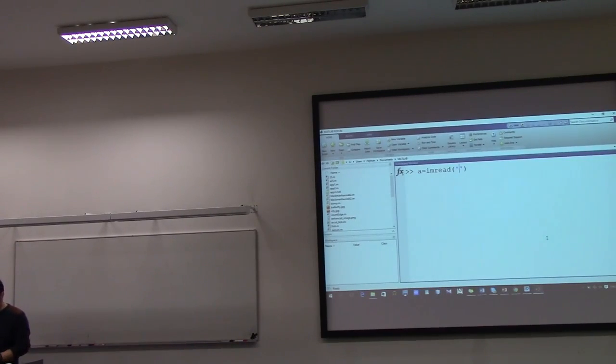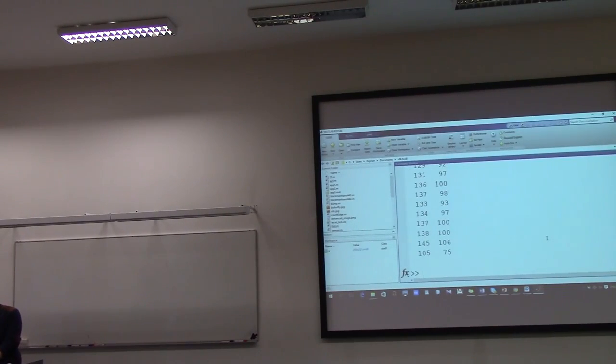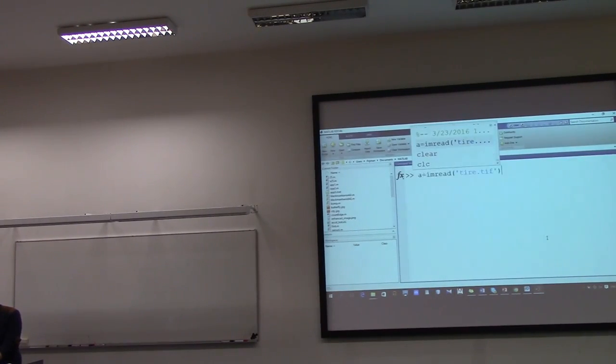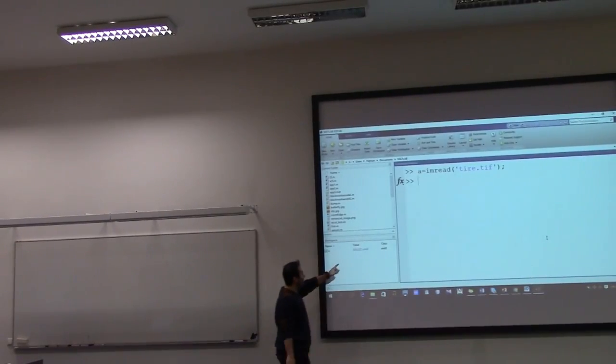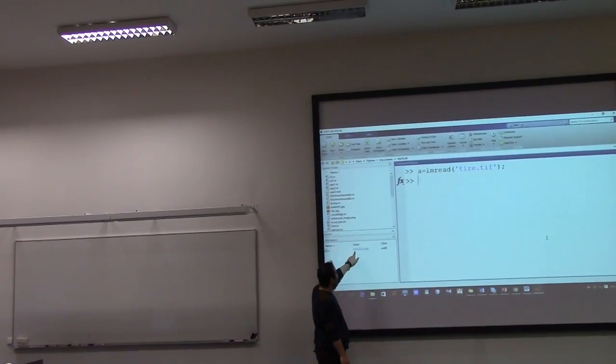For example, if you want to read a grayscale image, like tire.tif, which is in the MATLAB directory. Oh, I forgot to write the semicolon here. Okay, I remember I mentioned before that for the grayscale image we have just